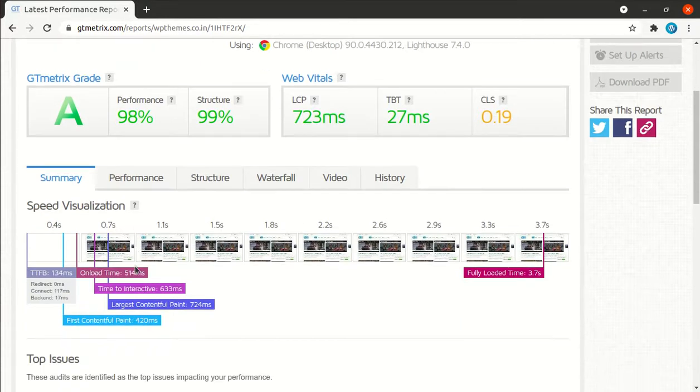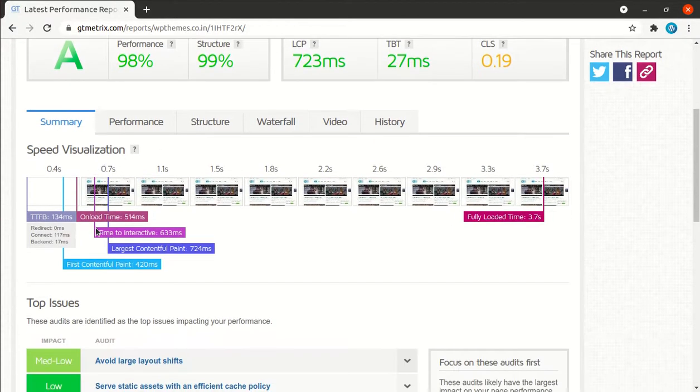Now let us proceed towards the next report. This is the summary report. You can see the first byte comes within just 134 milliseconds. Redirect is taking just 0 milliseconds, connect 117 milliseconds, and backend 17 milliseconds.